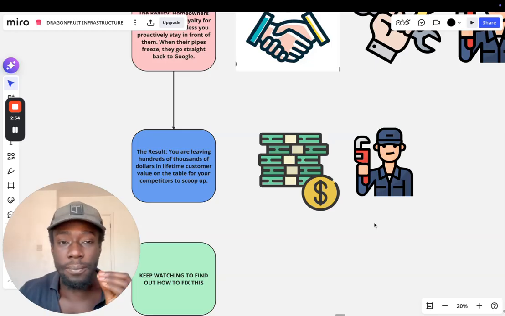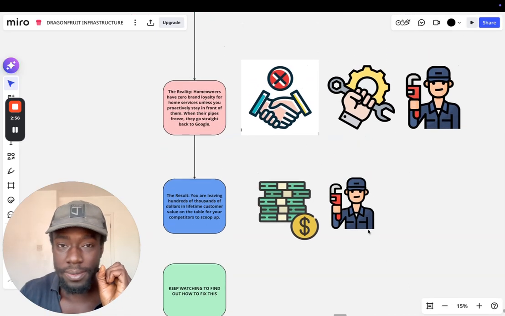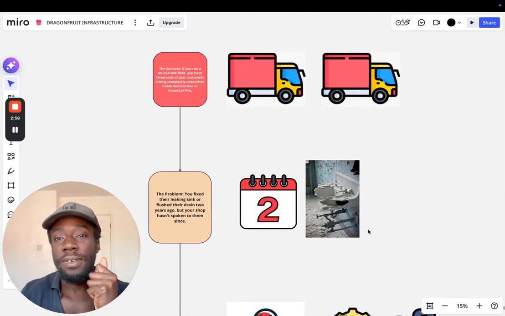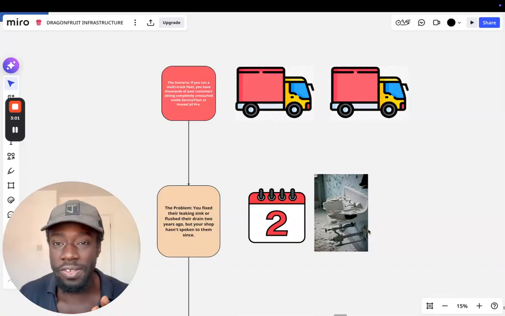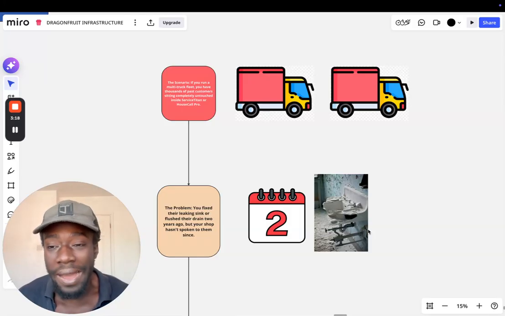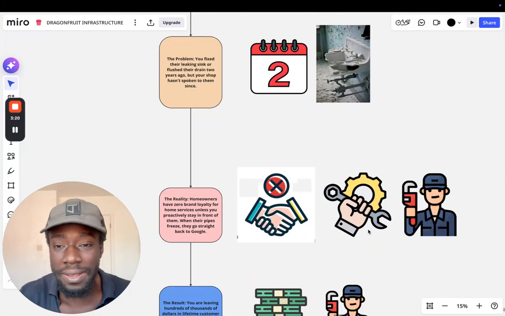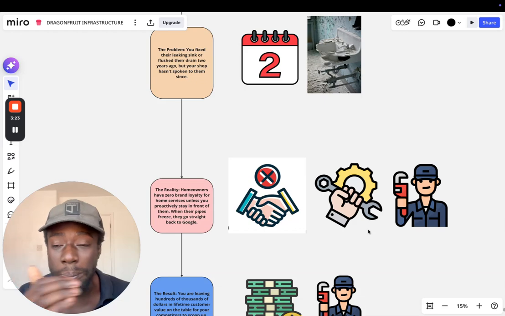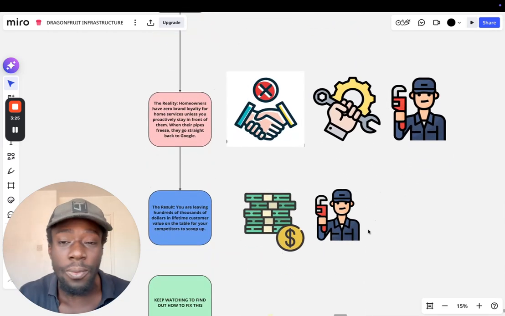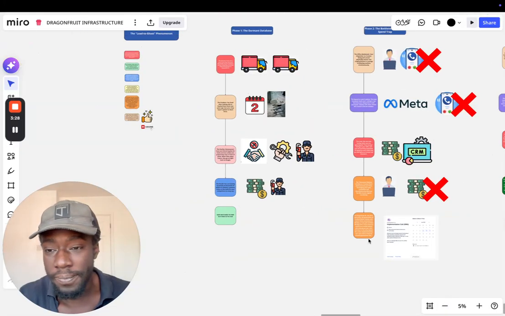This is a very important topic because you've invested a lot into your plumbing business. You have a multi-truck fleet and you have worked with these customers in the past, but you're losing out on a ton of revenue. 2 years is a very long time. They would have had a lot of plumbing issues which you had not actively provided a solution for. So that's a lot of money on the table going to your direct competitors, and we want to fix this as soon as possible.